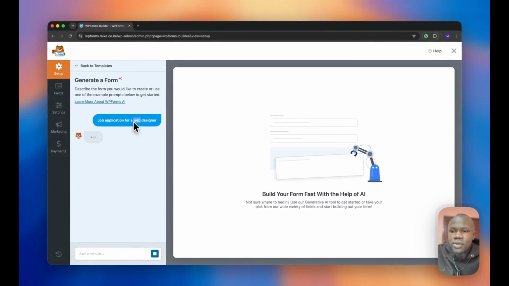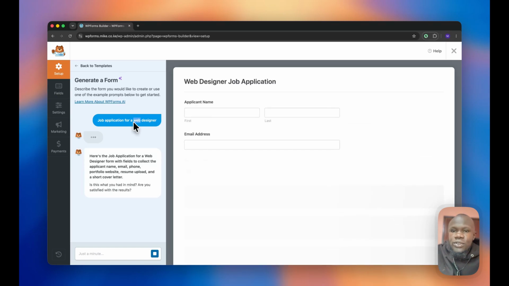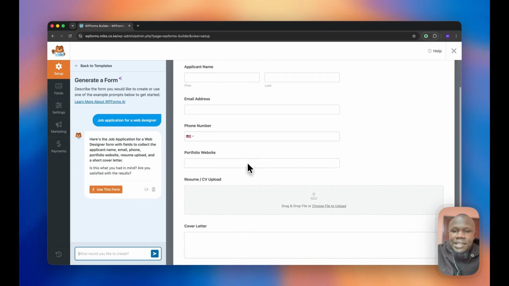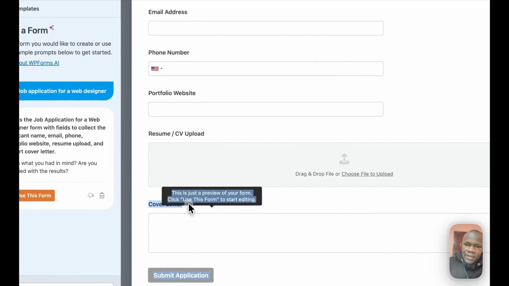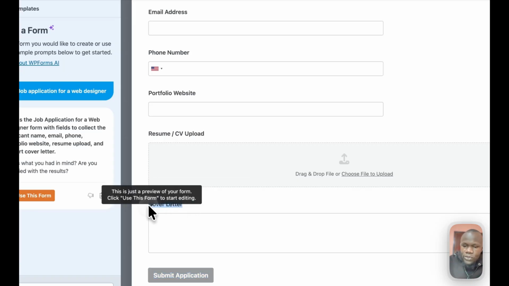Then we're going to give it a few seconds for our form to get generated. As you can see, it has created the form for us. Actually, this form looks good. However, I would say for this